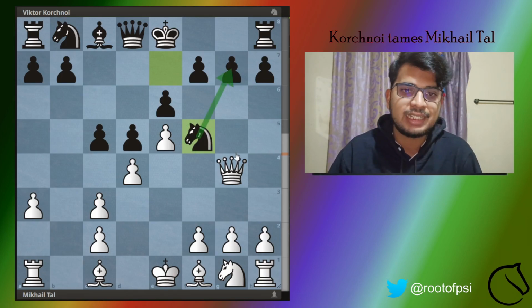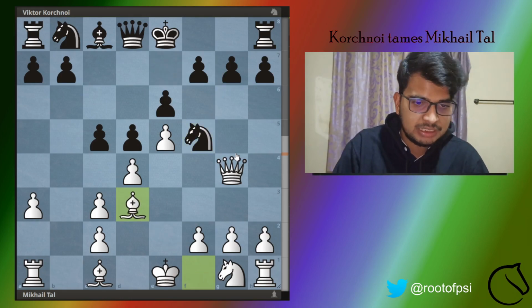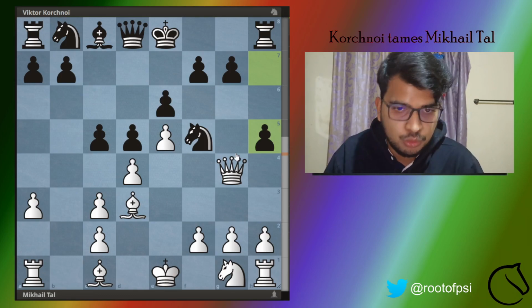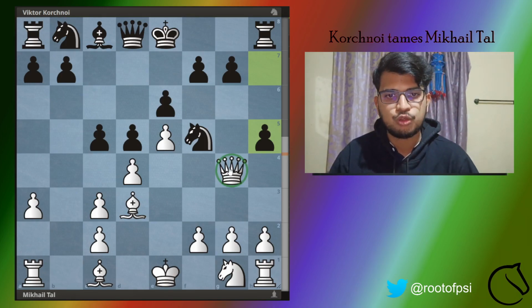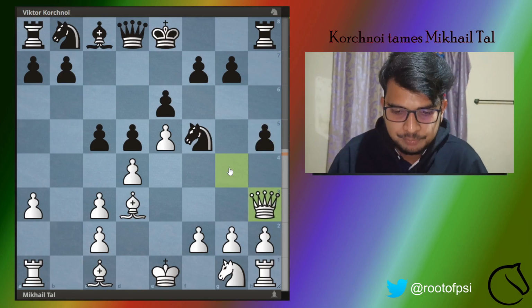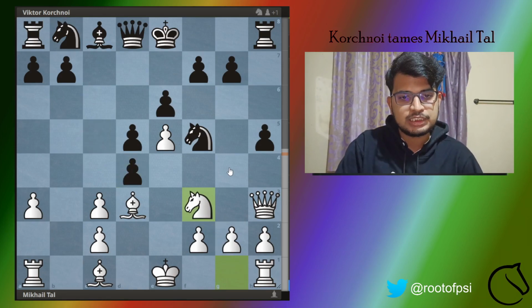You can now see that this knight is defending this pawn, so Mikhail Tal just goes and attacks it, but we have h5 from Viktor Korchnoi attacking this queen. This queen does not have a lot of squares for itself, so it goes to the h3 square, and Viktor Korchnoi decides to take here, and Mikhail Tal in turn plays knight to